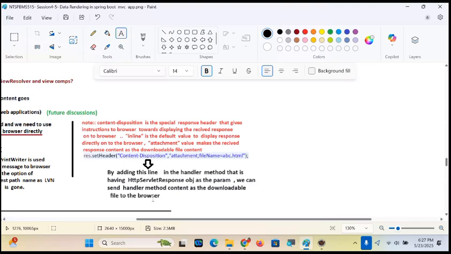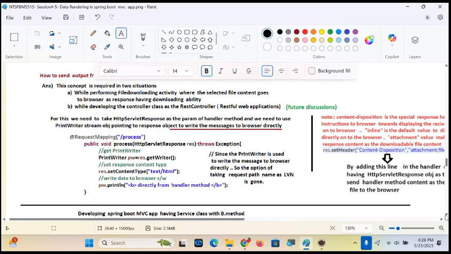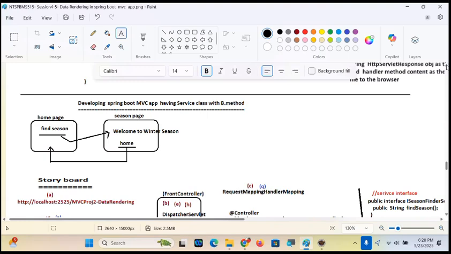Handler method content as the downloadable file to the browser. This is what I practically proved, or not, guys? Okay, that's good, guys. Now, whatever knowledge we gain, using this knowledge, I would like to develop the second